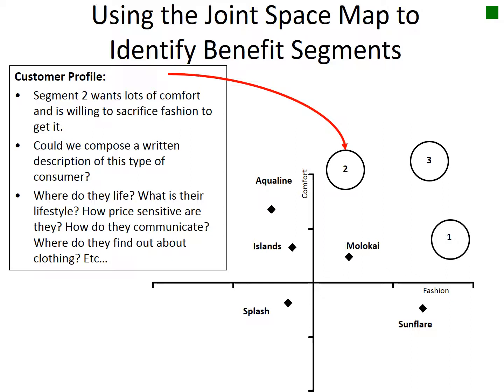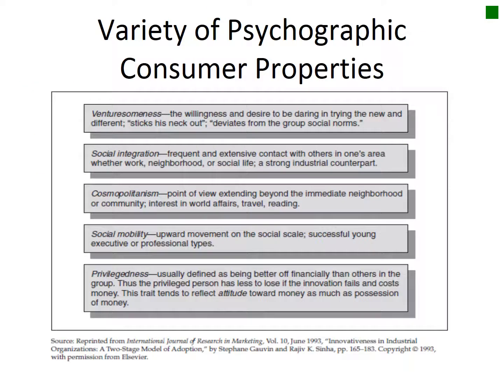And so we can certainly measure things like where they live and how much money they make and whether they're male or female and so on and so forth. But those types of criteria that describe a market aren't always the best. Typically, the best types of criteria that we can use in order to be able to reach a customer would be things that deal with how they feel and their attitudes and the way they think, and how they live